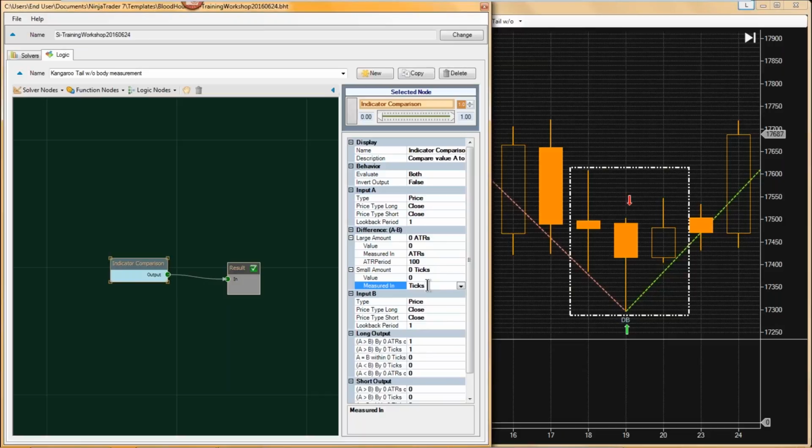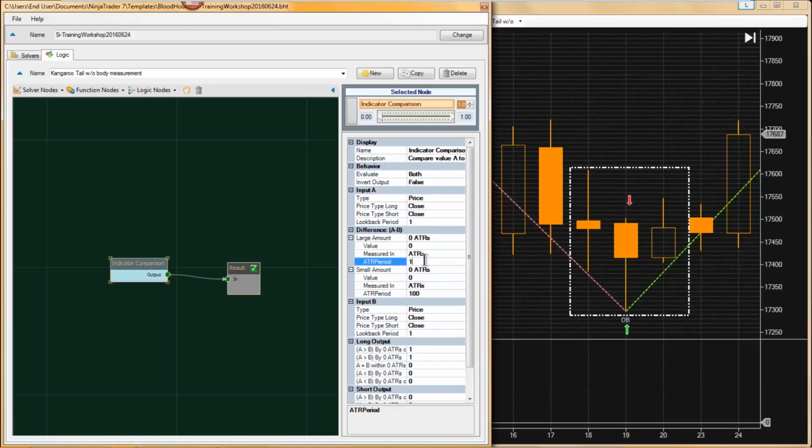So we can use ATRs here, and we're going to set the period to 1, like so. All right, so